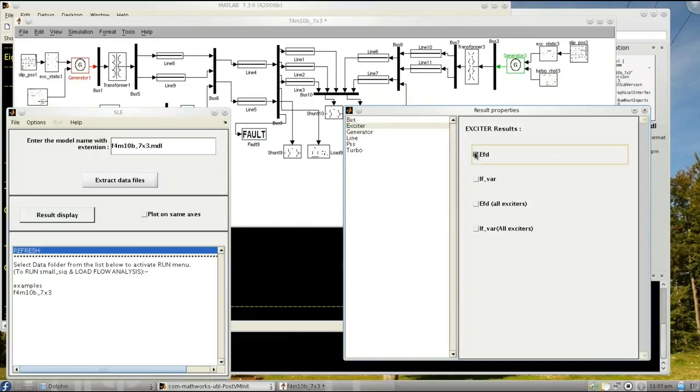And selecting the exciter, that is the excitation control part.